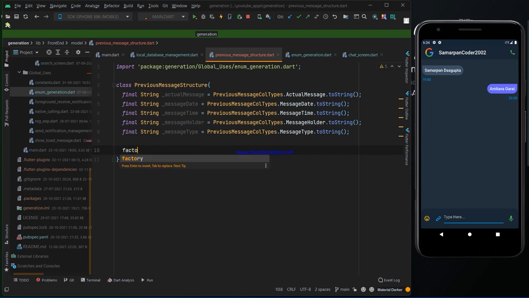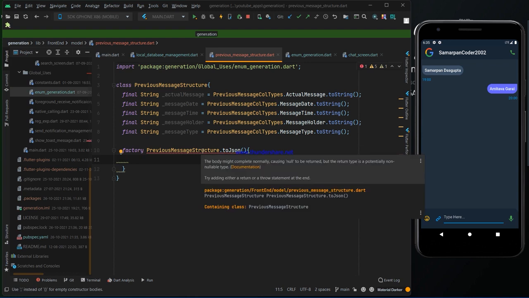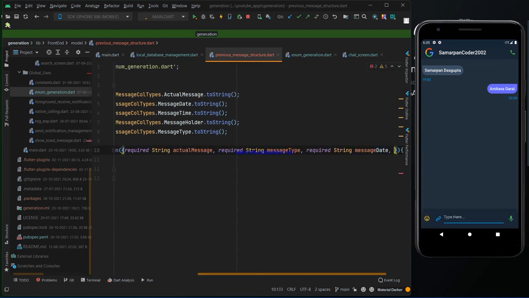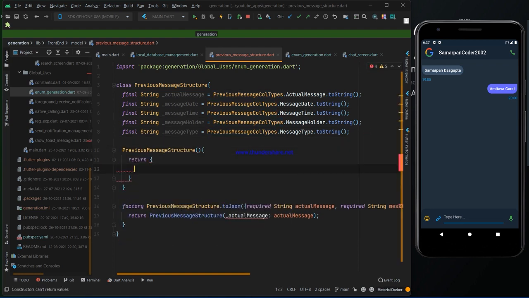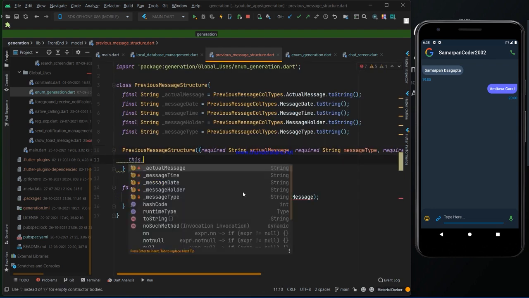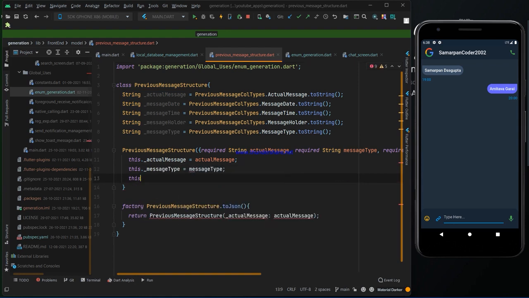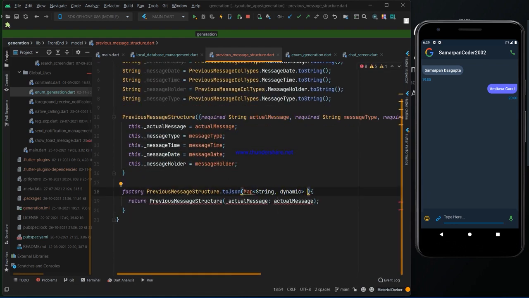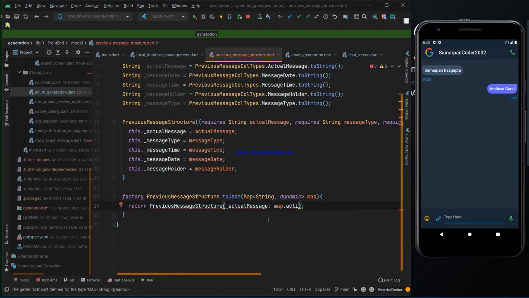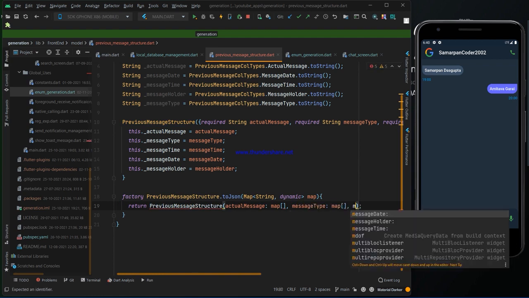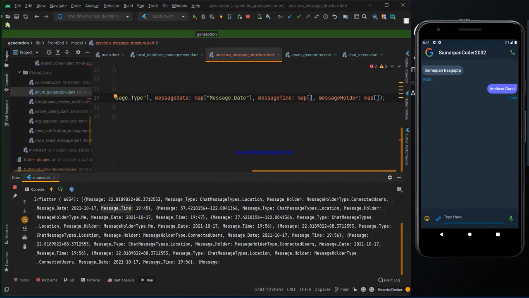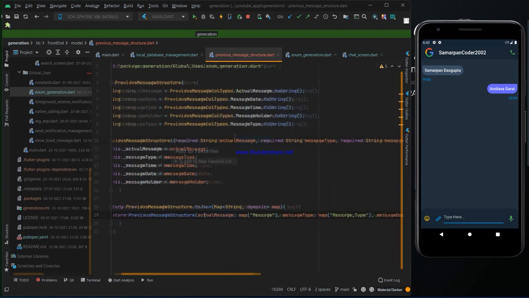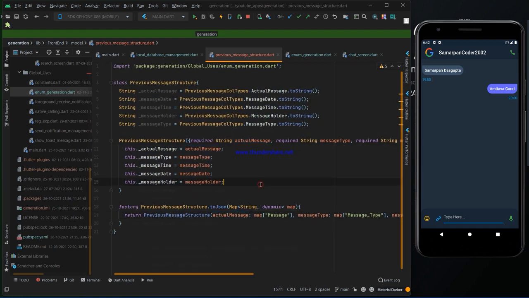Now we have to make a factory constructor with that. So we make a model of the previous messages.